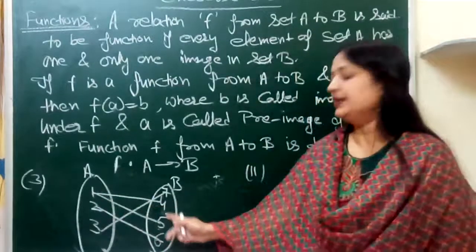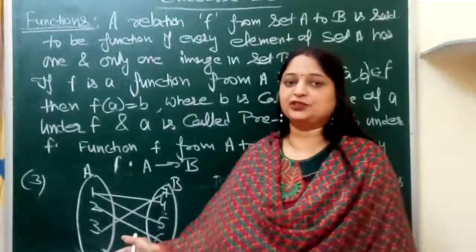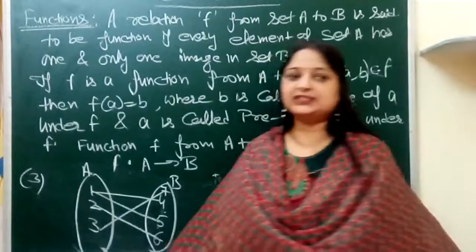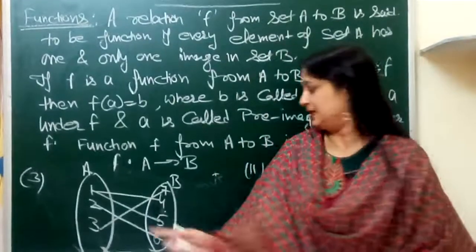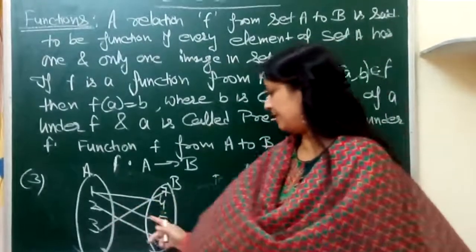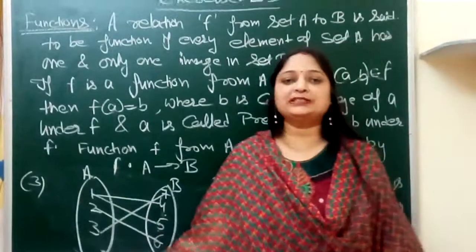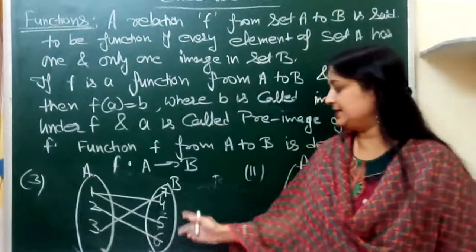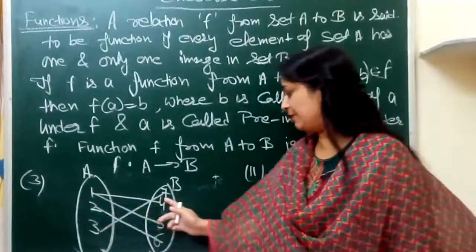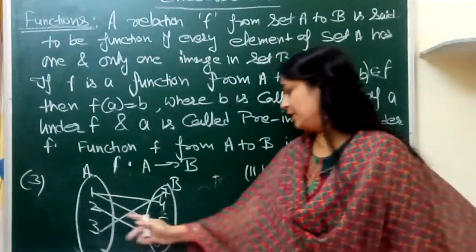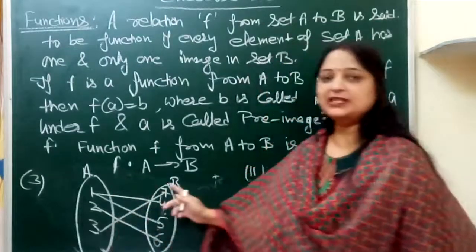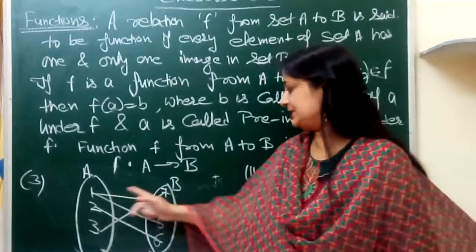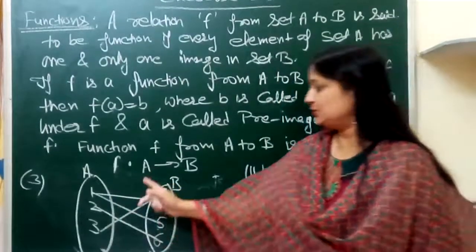It is not a function because 1 has two images, since the definition says each element has one and only one image, but here we have (1, 4) and (1, 5). In a simple way, you can say that the first element is repeated. When you write the relation, it comes as (1, 4), (1, 5), (2, 6) and (3, 7). In that relation 1 has two images, so this third one is not a function.